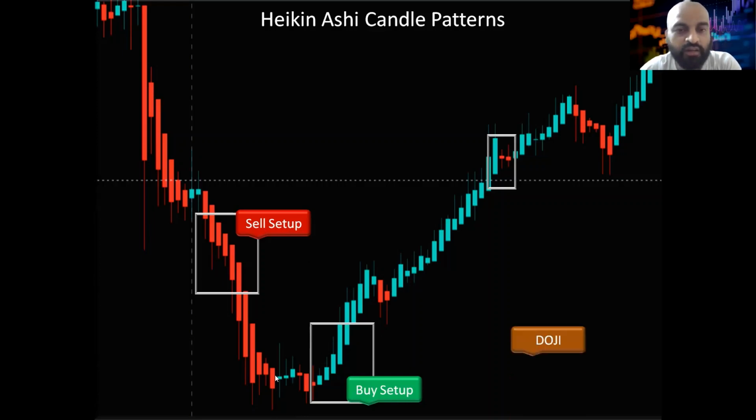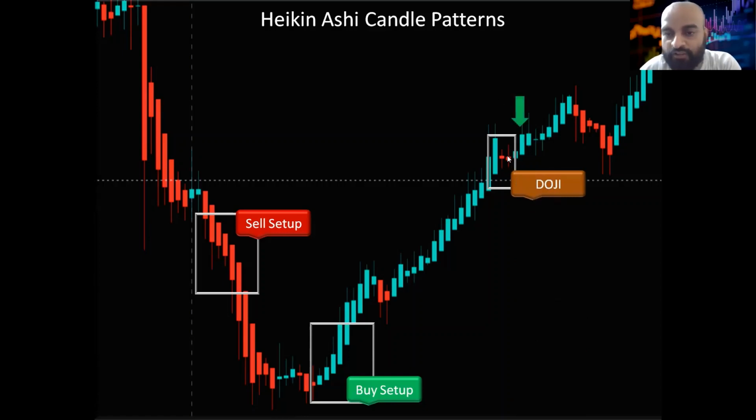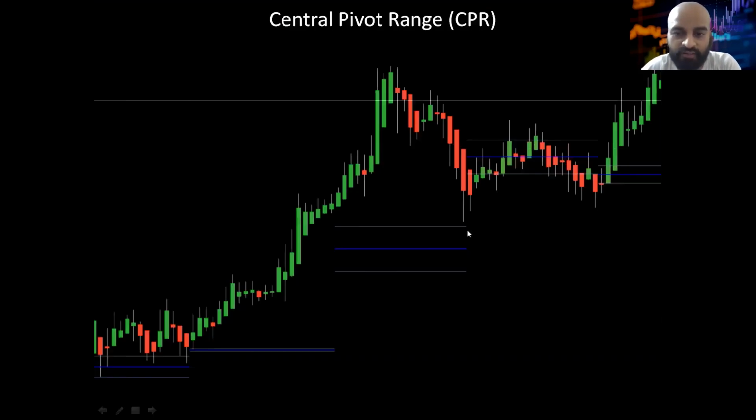If you see a doji setup, as I said, whenever there is a doji setup, consider the second or third candle. Whatever it forms, if it is an uptrend and it forms a green candle, then again the uptrend continues. If it is a red candle, then it could be a downtrend. Similarly, if the third candle after the doji candle is again green, so when you enter into the second or third green candle after the doji, then definitely you can take this entire uptrend, whatever the result.